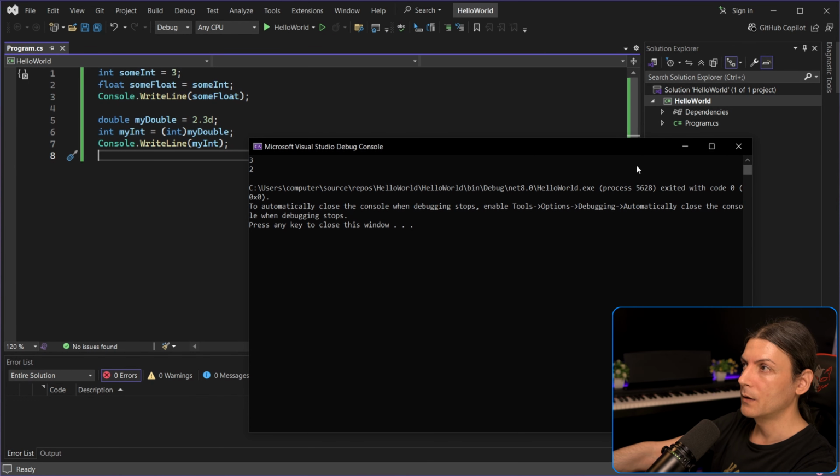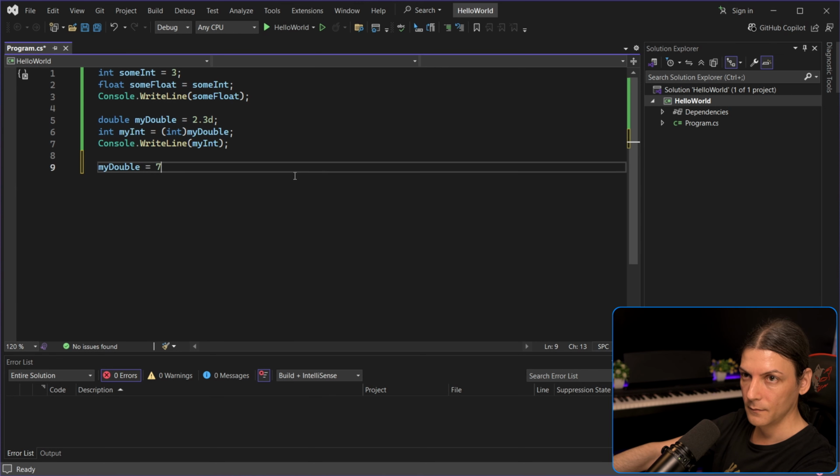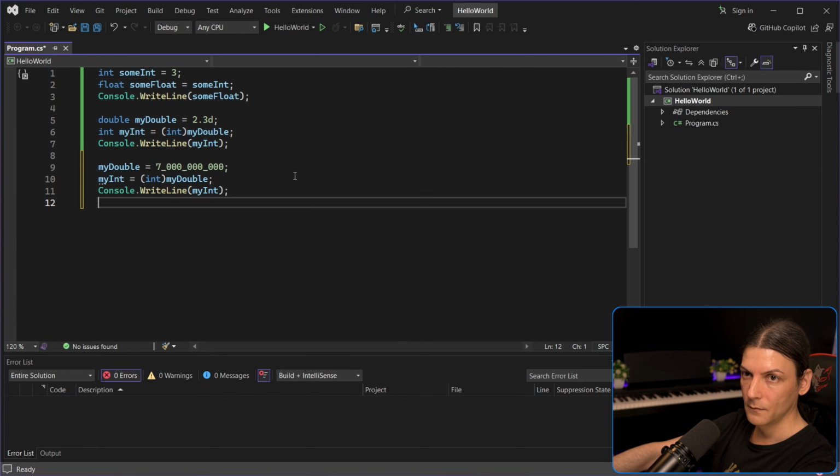And the reason why this works is that the value of the double, 2.3, is small enough to fit into an int. And we know that the fractional part will be lost, but we don't care about it. However, this will fail miserably because